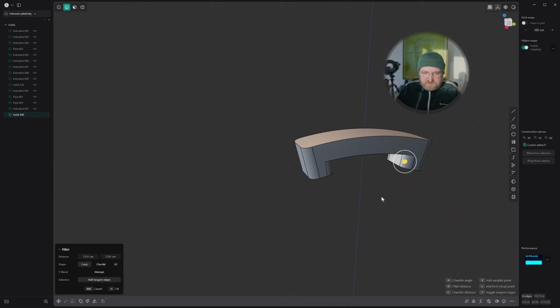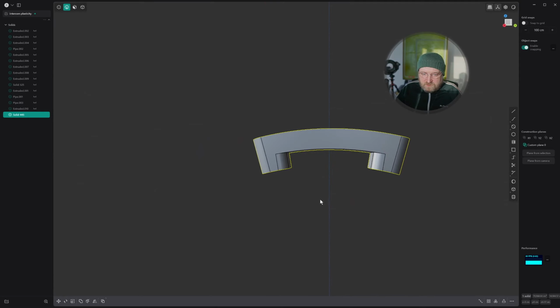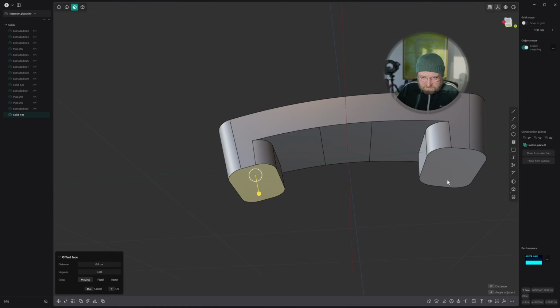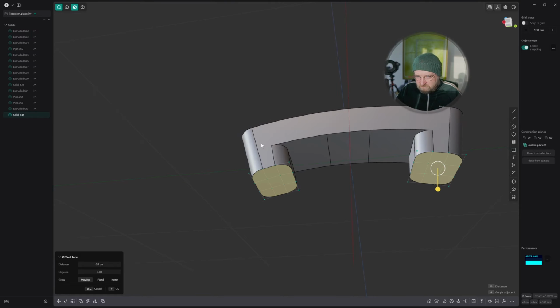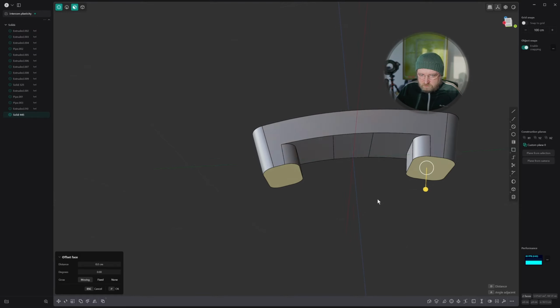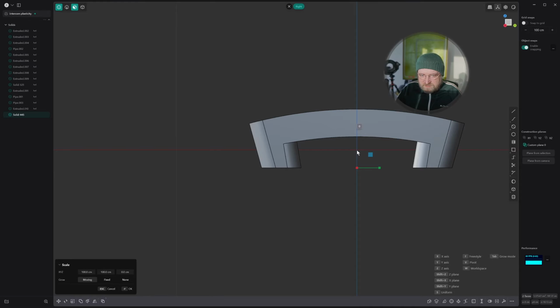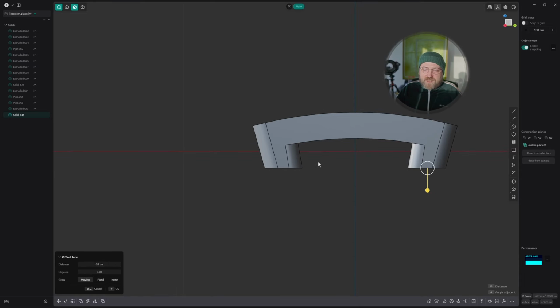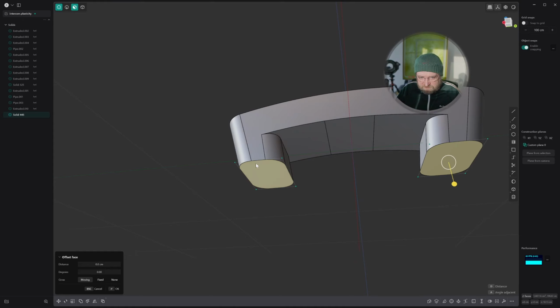And that looks about right to me. Now, what I want to do is give a little bit of curvature inside these. If I try and subdivide this right now, it's still got curvature from when we made that, which is not what I want. So we're going to go into side mode with both of these selected, and I'm going to go S Z 0 to flatten them out, and right click to select that. Now if I try and subdivide them, you'll see that all of those control points are gone,